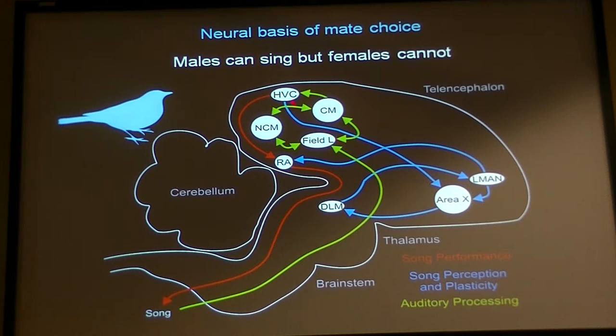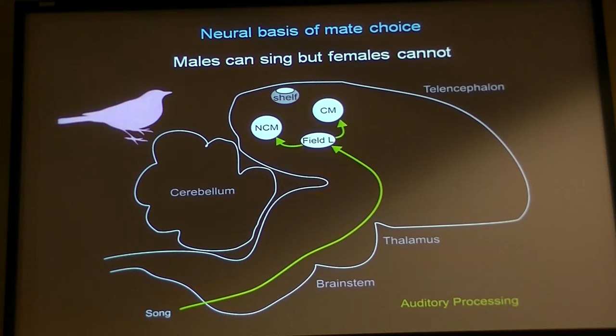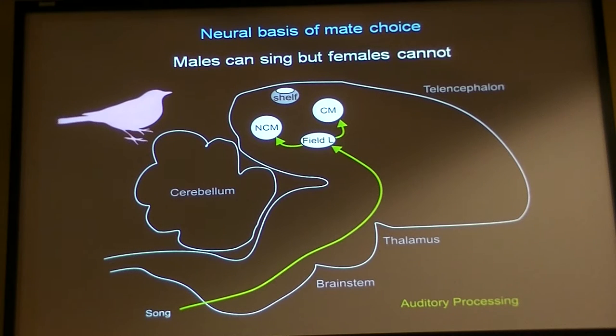The male bird brain contains this red path that's necessary for singing, and this blue path that is associated with perception and song plasticity. And in the species that we study, the males can sing and the females cannot. So the females not being able to sing means that we can effectively take those pathways away because they're so strongly atrophied. And we can have auditory inputs projecting to the primary auditory cortex, then to these secondary or associational auditory cortical areas, and finally up to this structure called shelf, or HVC shelf, which is a very high order